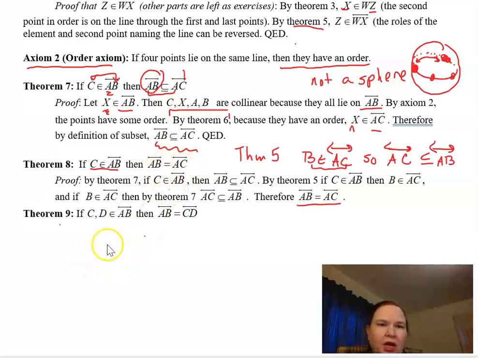So what I want to do now is get from AB, and I want to swap out both letters this time to change the name of the line. And so what I do is I first swap out B for C,